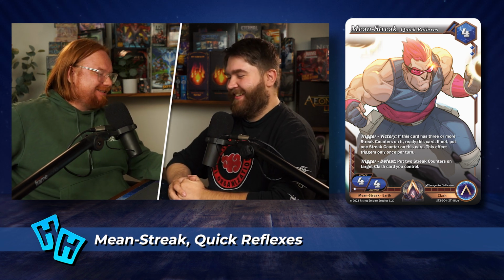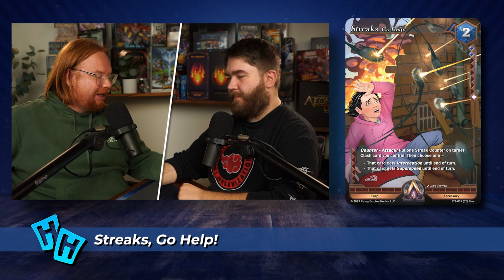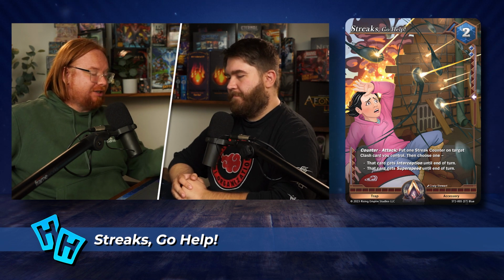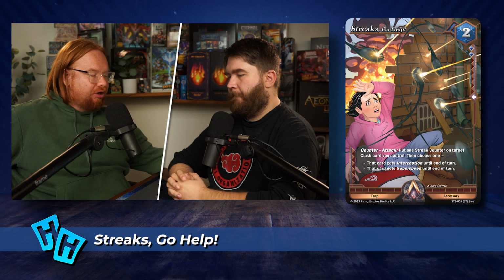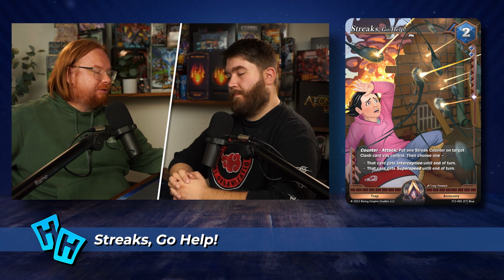Probably. All right, so that's Mean Streak Quick Reflexes. The next one is Streaks Go Help. 2 costs, 2 required blue resources for a starter trap accessory, which says counterattack. Put 1 streak counter on target Clash card you control. Then choose 1. That card gets interception until end of turn, or that card gets super speed until end of